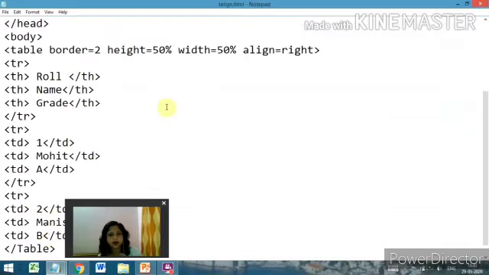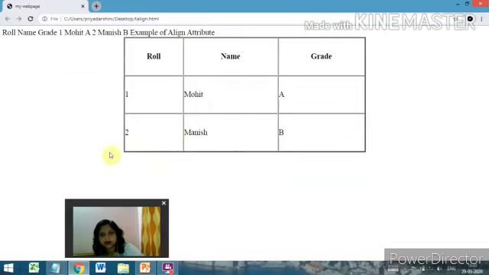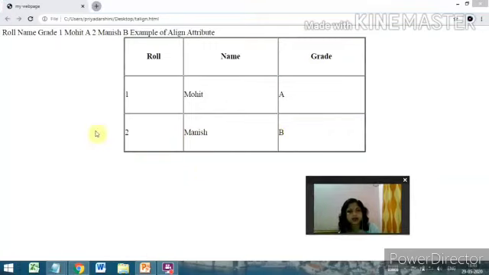Similarly, if you will go and write here align is equal to center. So what will happen, see? Now the table moves to the center of the browser window. So this way the align attribute will be used for the alignment of the table.